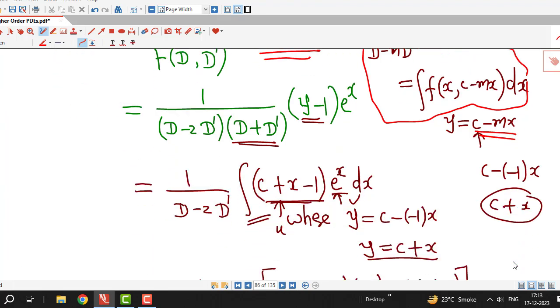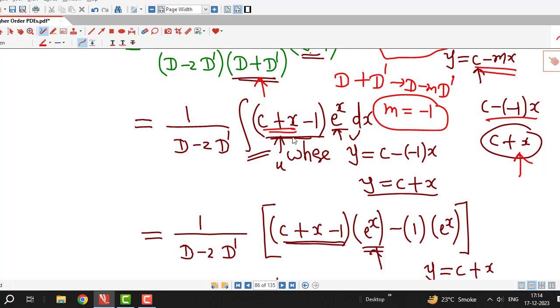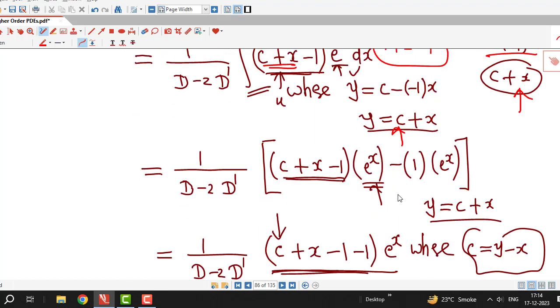So first we have operated this factor d plus d dash on the right hand side, and if we compare d plus d dash with d minus m d dash, we find that m is minus 1. So we replace y by c minus mx, m is minus 1, that is we have replaced first y by c plus x, and then after integrating we are replacing this c by y minus x,